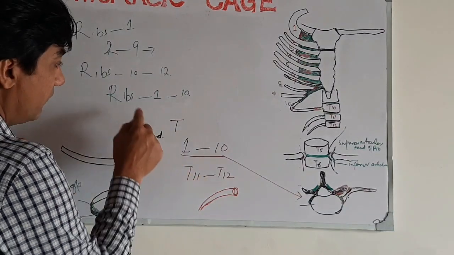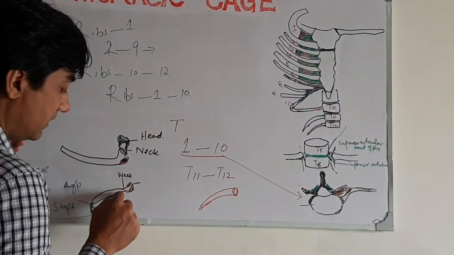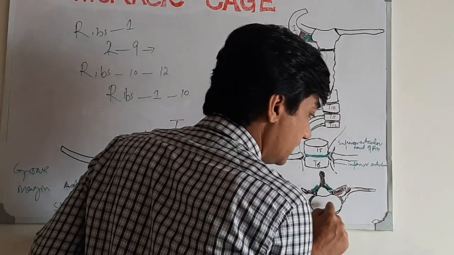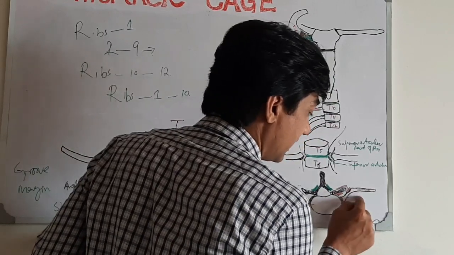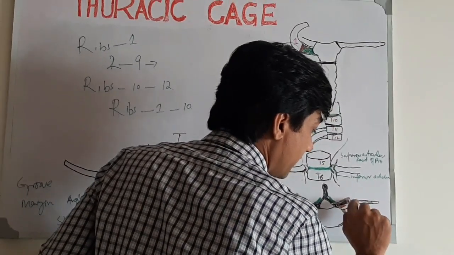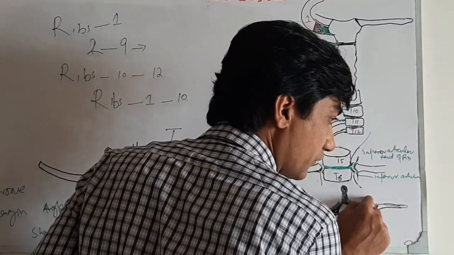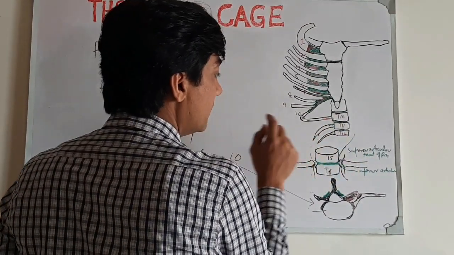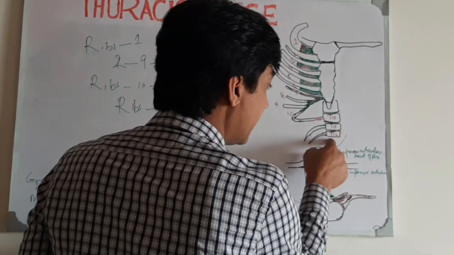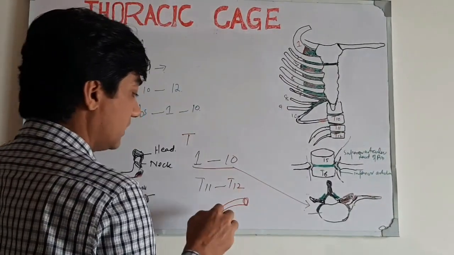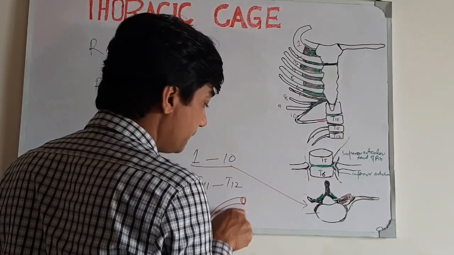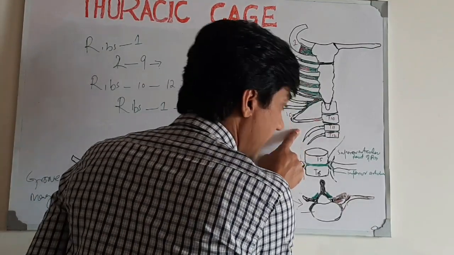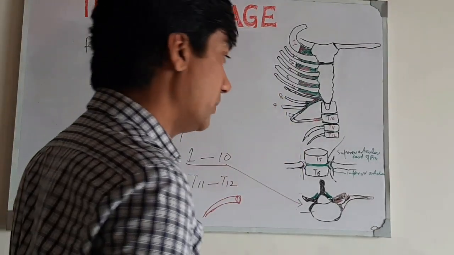And remember, ribs 1 to 10 have a double articulation. How is it a double articulation? Because ribs 1 to 10 have a head, neck and tubercle. That is the second attachment. The first attachment is the head with the body of the thoracic vertebra, and the second attachment is the tubercle with the costal facet of the transverse process. And the remaining, T11 and T12 ribs, the 11th and 12th pairs, are directly attached with a single attachment because floating ribs have only a head. There is no tubercle. So this is a single attachment. And anteriorly it is embedded in the abdominal muscles.